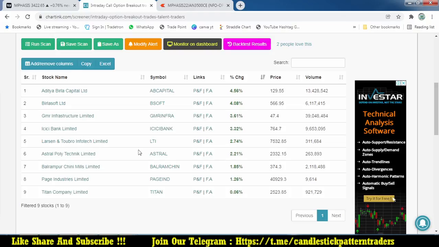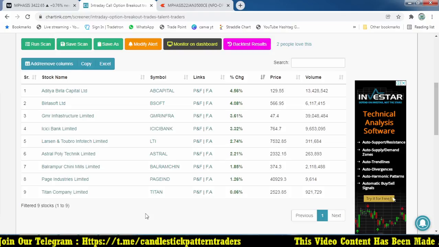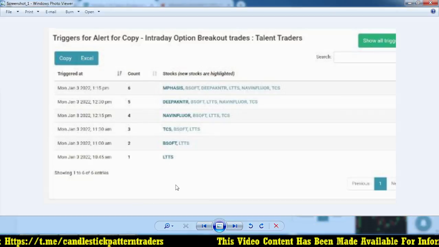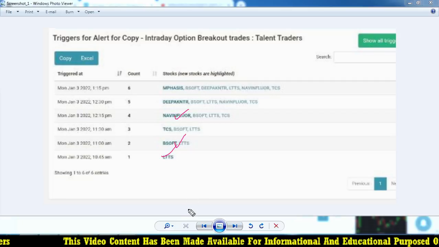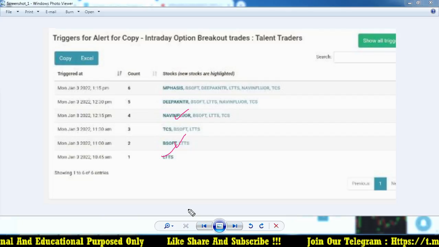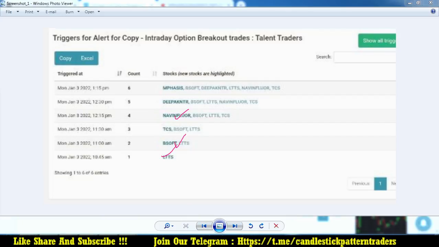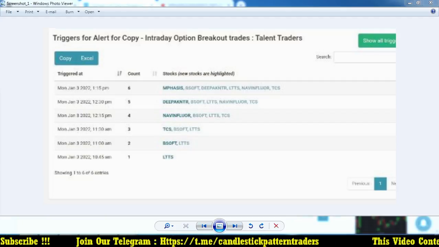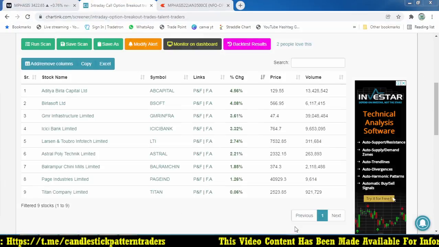So this is the method, and you can use the same concept for the put side also. Even here we got some 4-5 stocks, some opportunities, and Navin Fluoride. So this system helps you find such opportunities in options. Once you get the alert, you can use the system in a perfect way. That is what I wanted to share, so I shared it now. So you are now clear about the system and can make use of it.